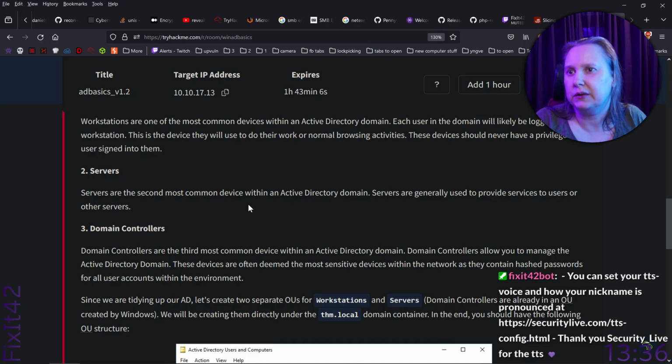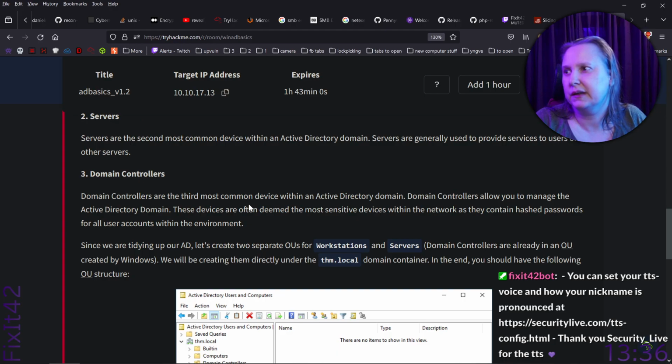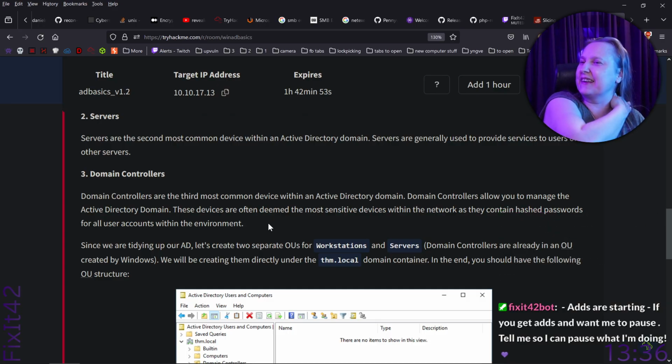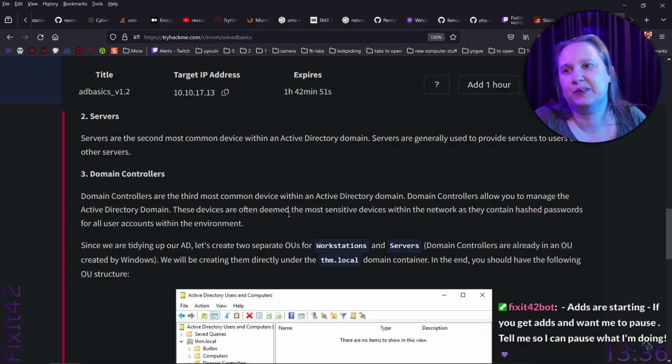Servers are generally used to provide services to users or other servers. Domain controllers. Domain controllers are the third most common device within an Active Directory domain. Domain controllers allow you to manage the Active Directory domain. These devices are often deemed the most sensitive devices within the network, as they contain hashed passwords for all user